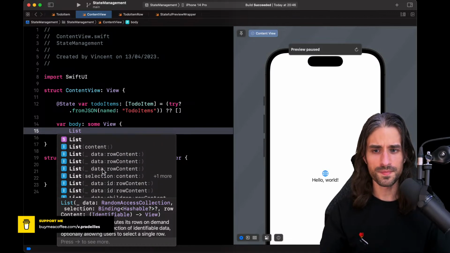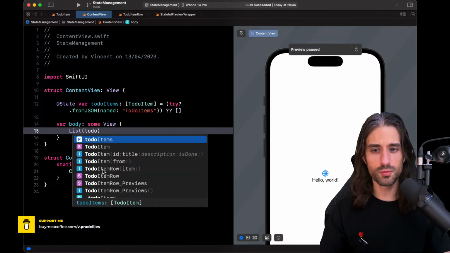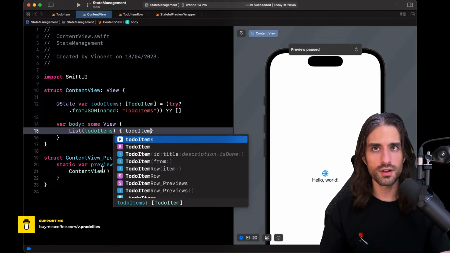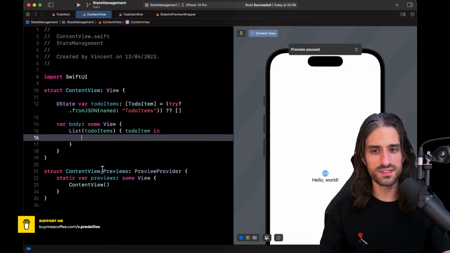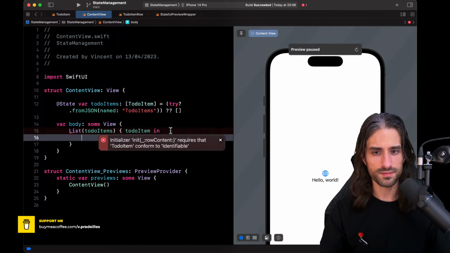I'm going to go with the simplest one, where you pass in as a first argument the collection you iterate on, and as a second argument the closure that you will use to generate each view that will constitute the list. So here the list iterates over the array of items, and the closure will be called each time with a new to-do item as its argument.